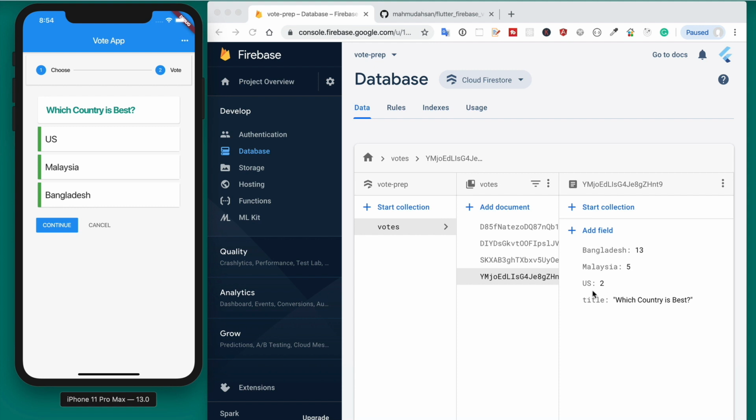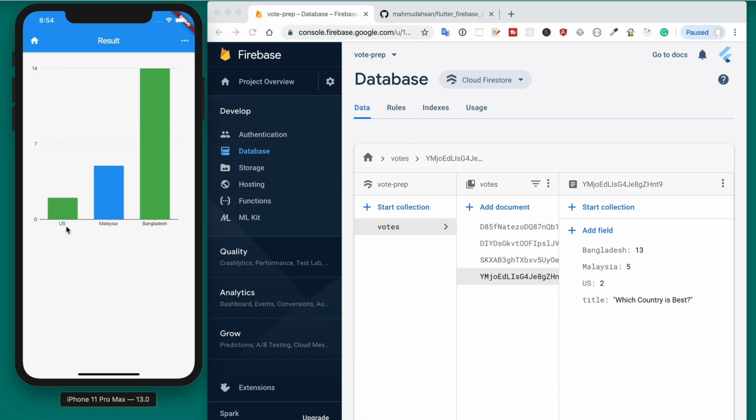Okay, and there are some values. So if I select Bangladesh, you see in the Firestore database currently it is showing 13. If I click continue, Bangladesh is now showing 14, and here Bangladesh is also showing 14. That means when I select Bangladesh and click continue, I marked my vote for the country Bangladesh. So that increment is reflected in the Google Cloud Firestore database, and here in the result page we